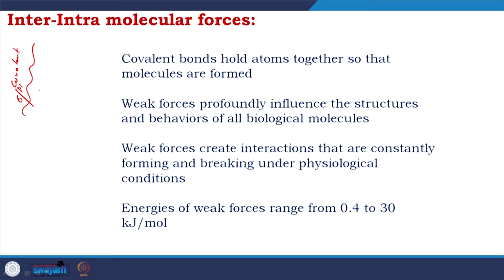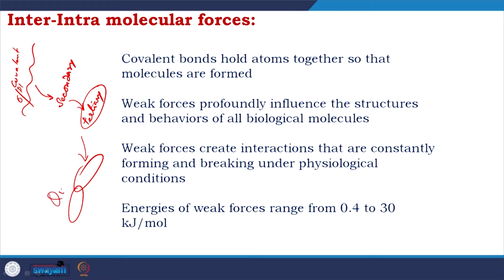Then our journey is from these to secondary, then tertiary, and this ends with 1. If you have more than 1, then quaternary. This part, the journey there, and also the change of conformation,